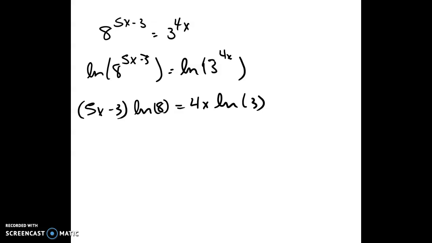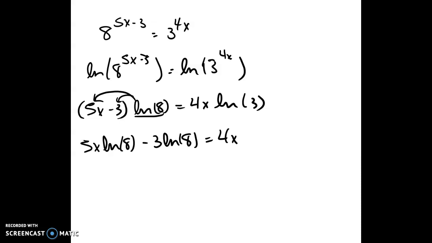So I'm going to distribute this natural log of 8 to both the 5x and to the 3. So we're going to have 5x natural log of 8 minus 3 natural log of 8 is equal to 4x